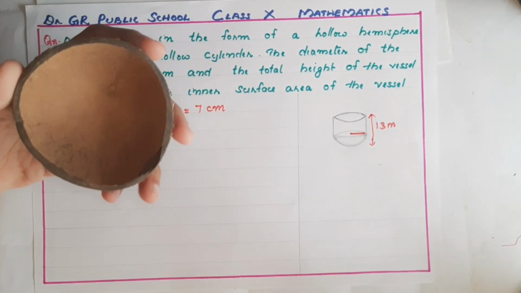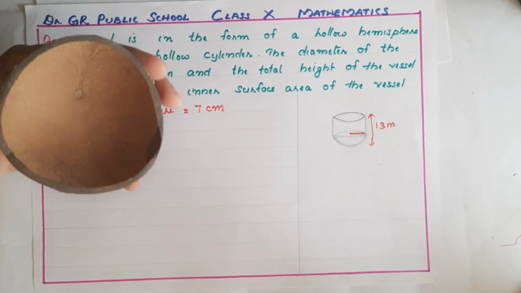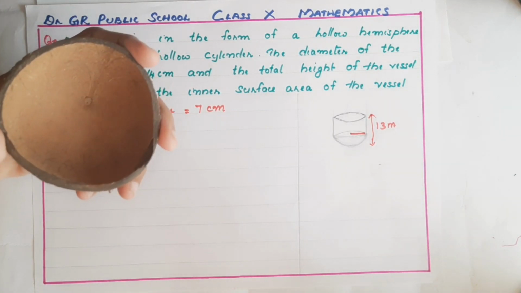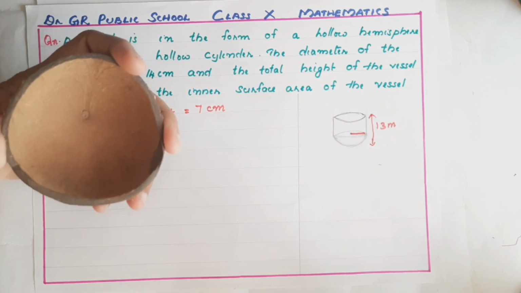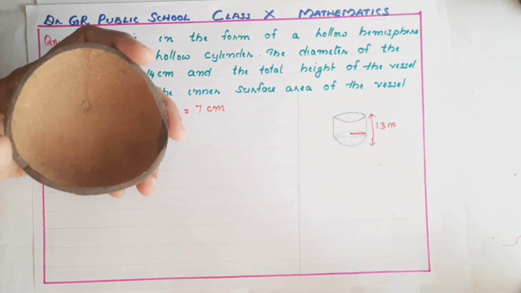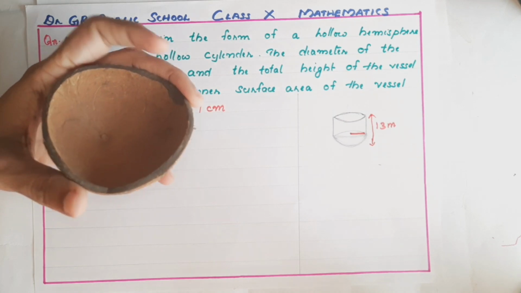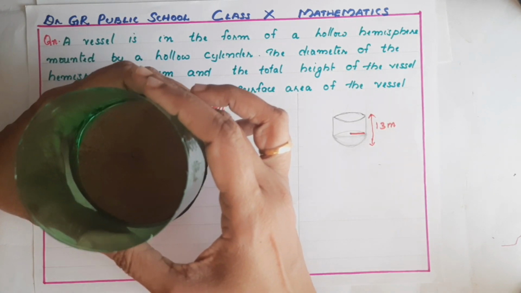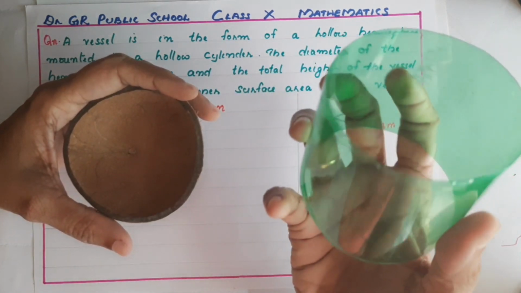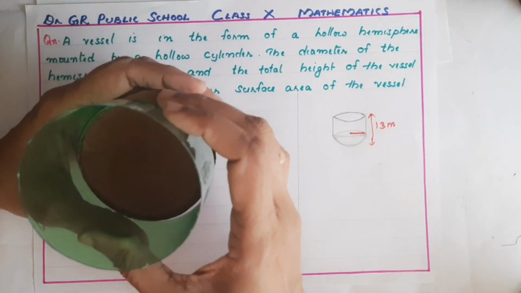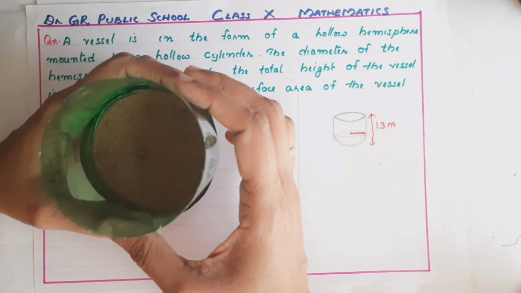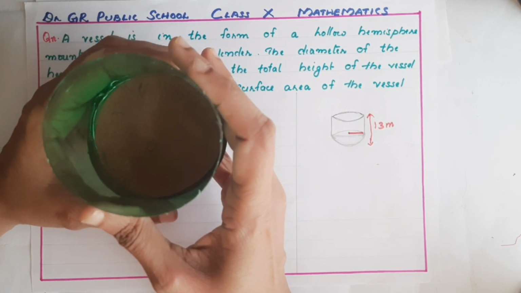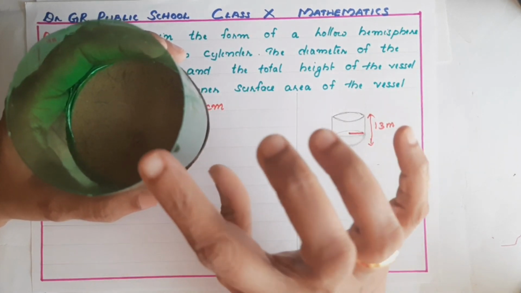Okay. See, with my limited facilities, I am showing this. I don't have an original hemisphere. So, I took half of our coconut shell as a hemisphere just to show and just to make you understand. On this hemisphere, we have a cylinder like this. Do you know what this is? This is our 7-Up bottle. So, the figure is like this: bottom hemisphere, and on the top of the hemisphere we have a cylinder.